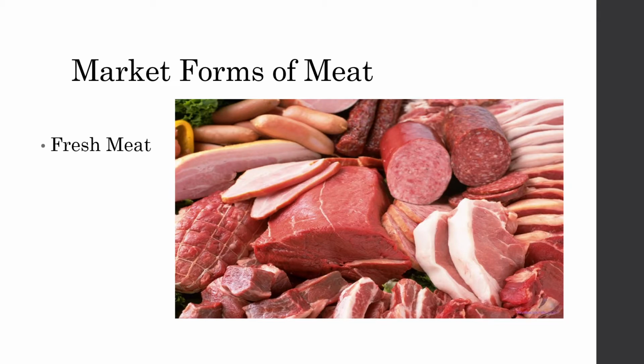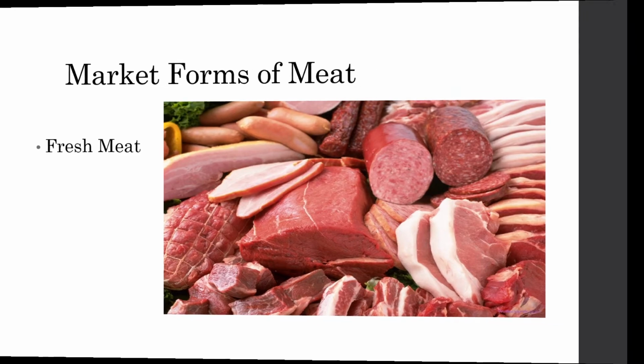Minsan nakakita kayo sa palengke, mga buo pa yung karne, di ba? Yung buo pa yung halos yung baboy, tas unti-unti pa lang nilang kinakatay. Pag sumama kayo sa palengke ng mas maaga, makakakita kayo ng mga buo-buo pang baboy or baka. Doon na lang nila pinaghihiwa-hiwalay yun. Okay, so that is the fresh meat.